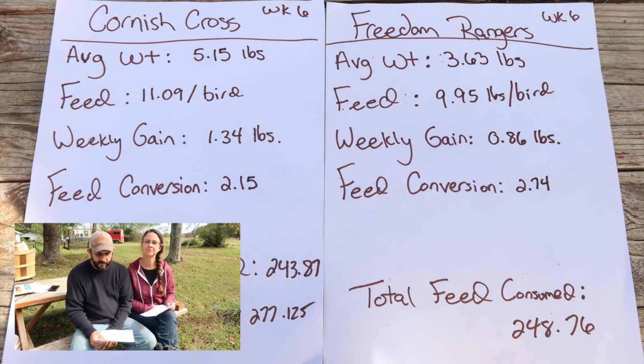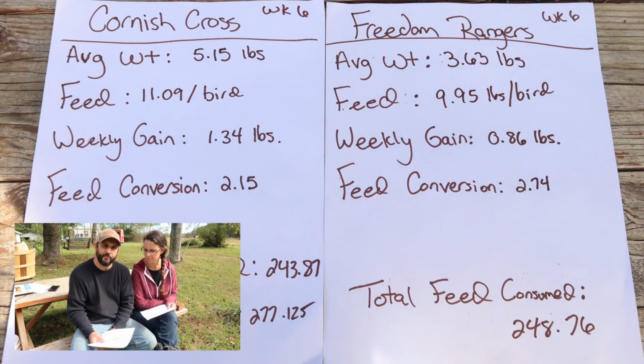All right, so now that we've gone over both of them, let's just highlight some of the differences that we have observed this week. So the Cornish have definitely pulled ahead as far as weight goes. They're now on average 1.52, or a pound and a half, more than the Freedom Rangers. Now they have eaten a little over a pound more of feed per bird. But this week they gained a half a pound more on average than the Freedom Rangers. So